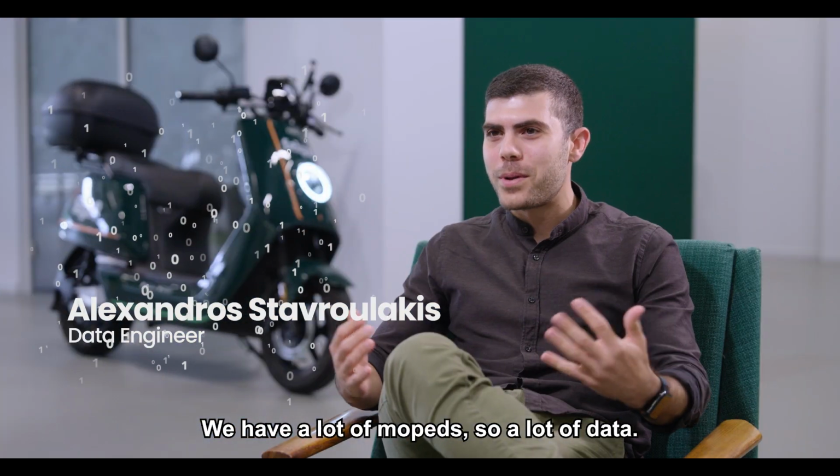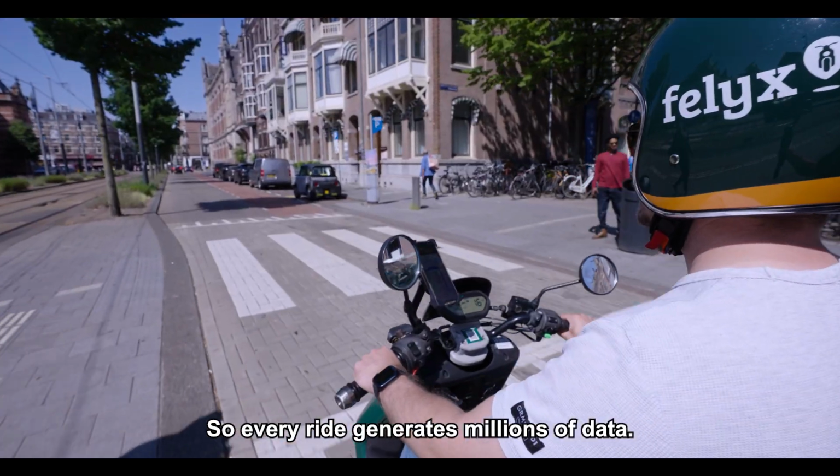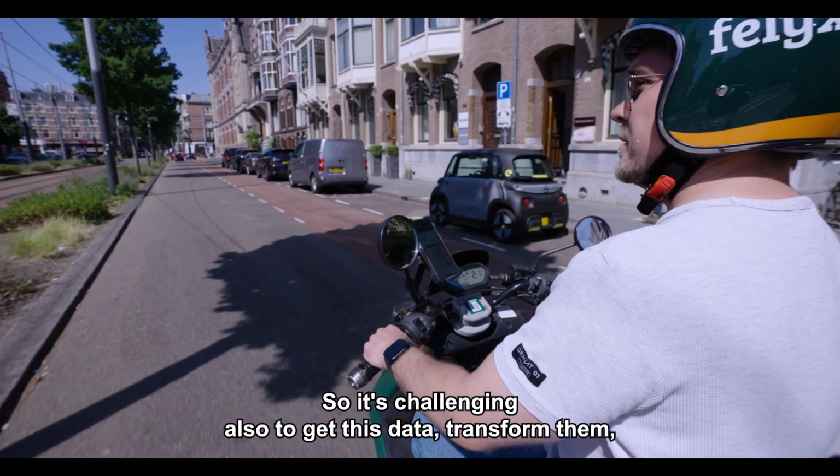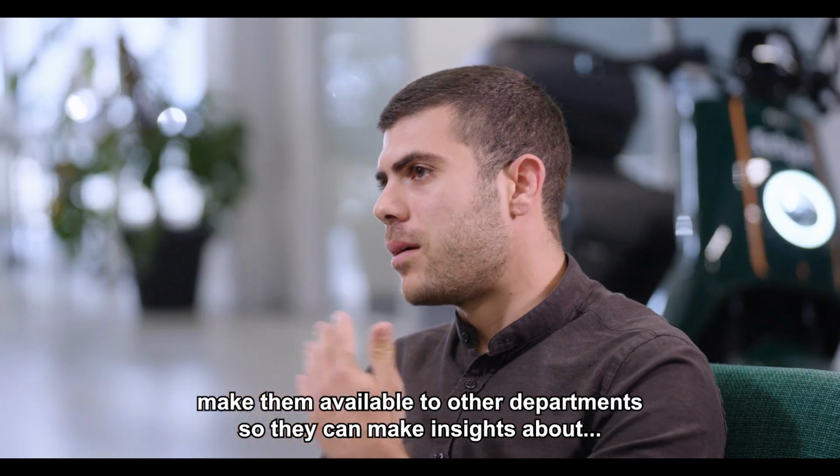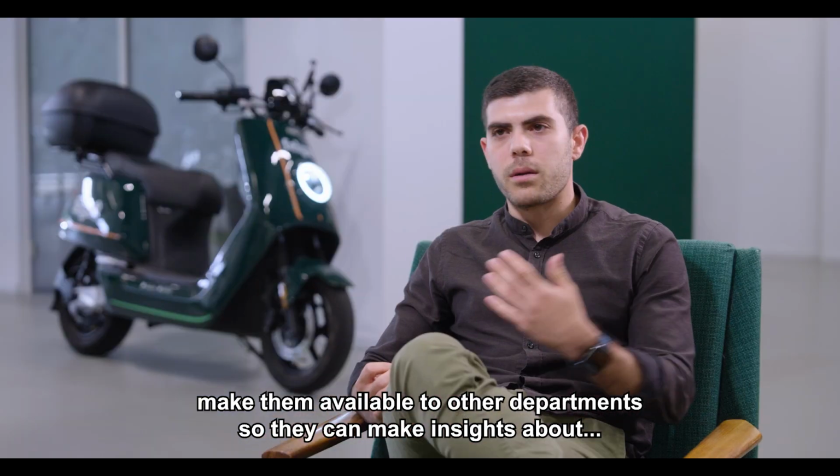And we have a lot of mopeds, so a lot of data. So every ride generates millions of data. So it's challenging also to get this data, transform them, make them available to other departments so they can make